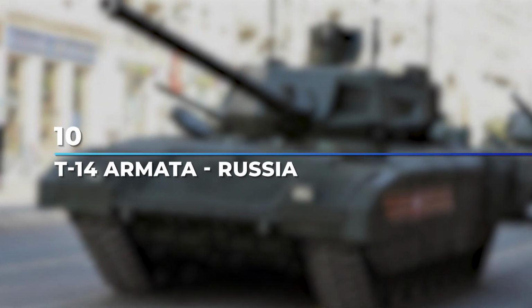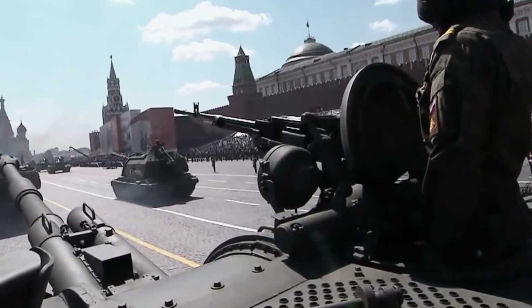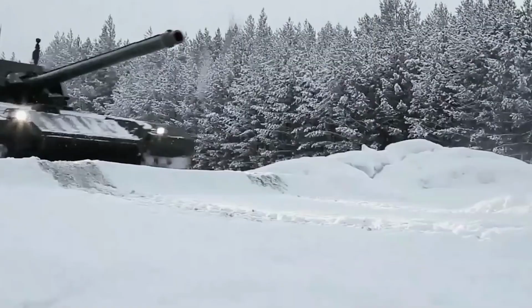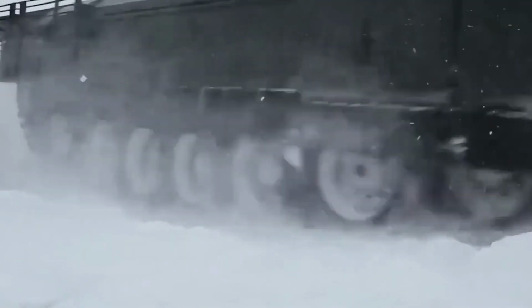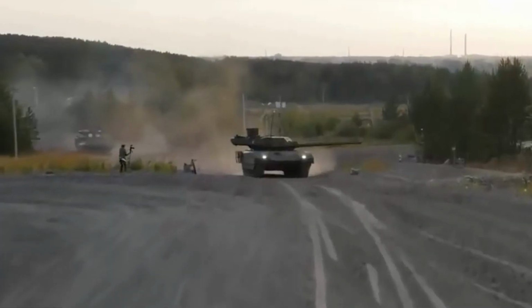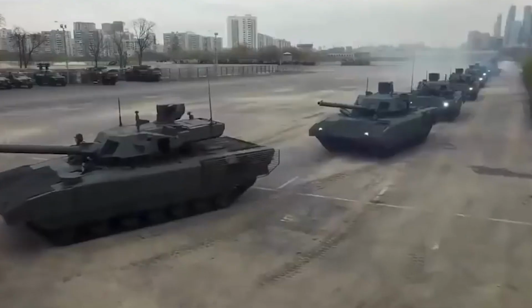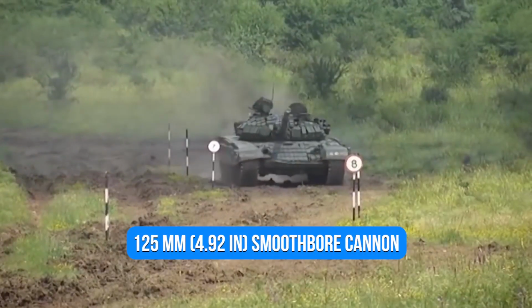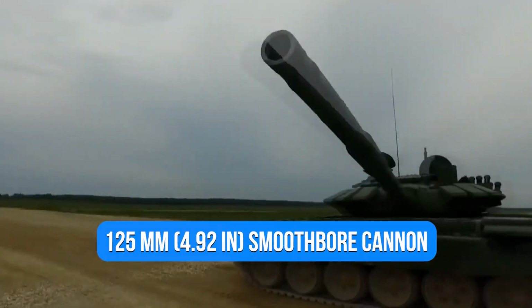Number 10, T-14 Armata, Russia. The all-new T-14 Armata is a 4th generation main combat tank that could be the best tank in the world right now. It has excellent mobility and a modern, updated main cannon, weighing roughly 55 tons. The T-14's main armament is a 2A82-1M 125mm smoothbore cannon, with a